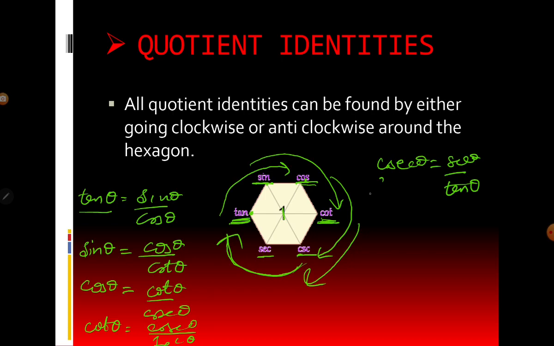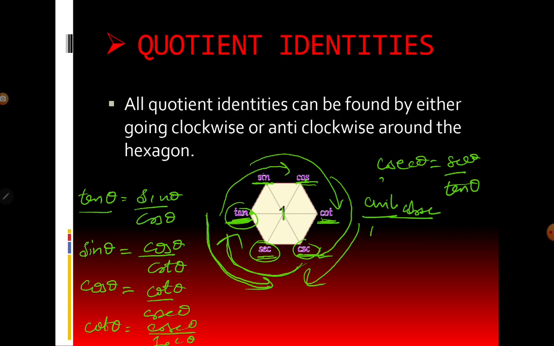Now I am coming anti-clockwise. Let us see what will happen anti-clockwise. In anti-clockwise, I'll take my arrows in downward direction. First I went clockwise, now I am coming anti-clockwise. Now I am taking these three functions, tan, secant and cosecant. So no need to worry. Pattern will be same, rule will be same, we will follow same pattern. First function will be equal to second by third.